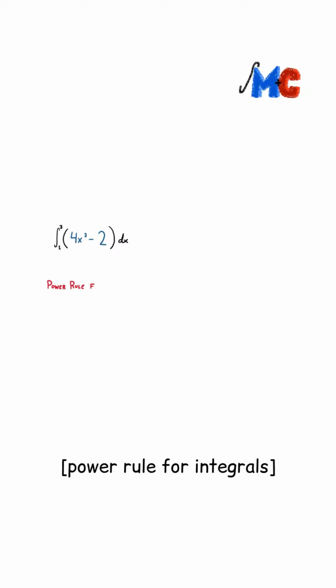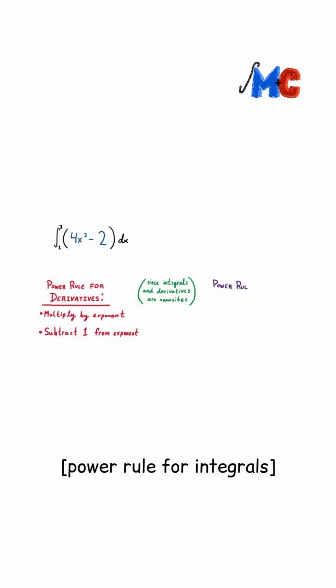Since taking the derivative of a polynomial like this would normally use the power rule, where we would multiply the exponent out front and then subtract 1 from the exponent, in order to find the integral of this polynomial, we're just going to do the opposite steps in the opposite order. This means we're going to start by adding 1 to the exponent of each term, and then divide each term